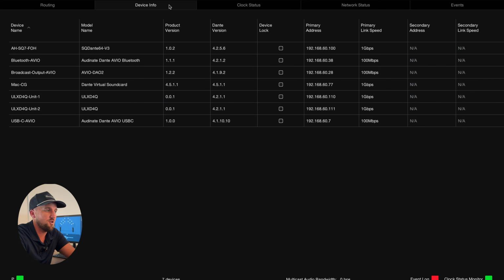I can also confirm they're getting the primary link speeds that they need. Dante AVIO devices are capped at 100 megabits per second. Because they have fewer channels, they don't need as much bandwidth. But then our mixing console and computers should all be 1 gigabit per second for more channels and lots more bandwidth. If there's something wrong here, if you see a status light or an indication, Dante is not happy, because